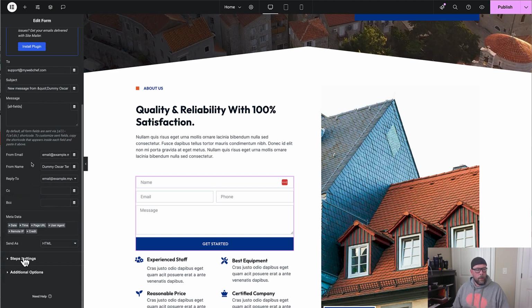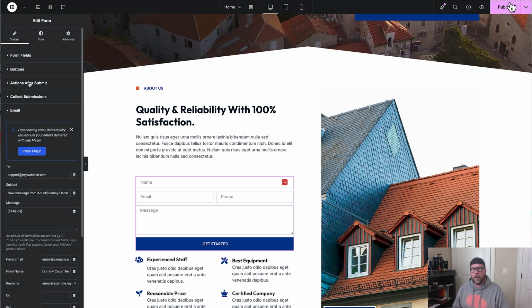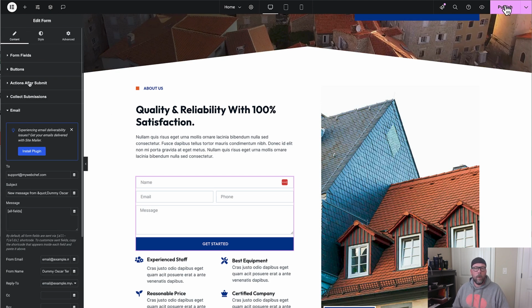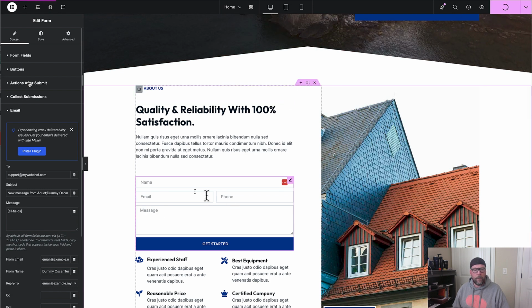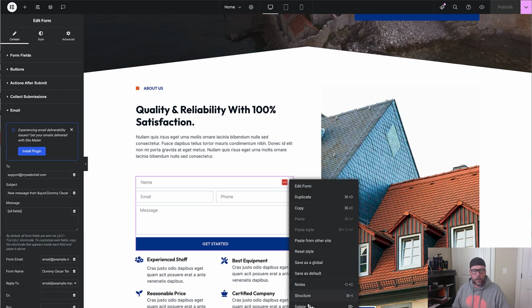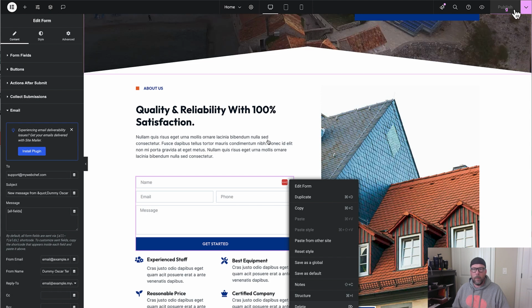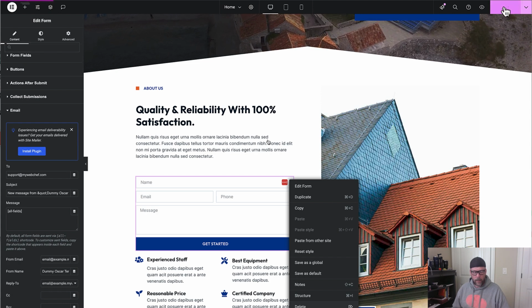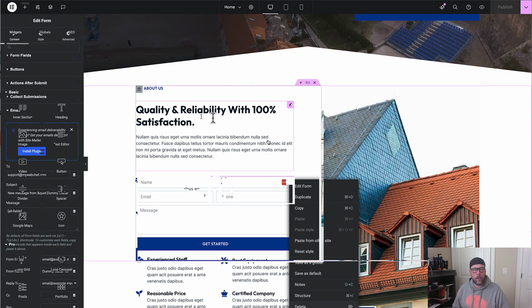So here is all the information. So we're going to click publish. And one of the things that you need to do with this that I've found to be really handy is after you get this built, I'm going to just go ahead and delete this because it is what it is, because I'm not connecting my other email accounts to this. But once you get the form created in Elementor, we can go back out